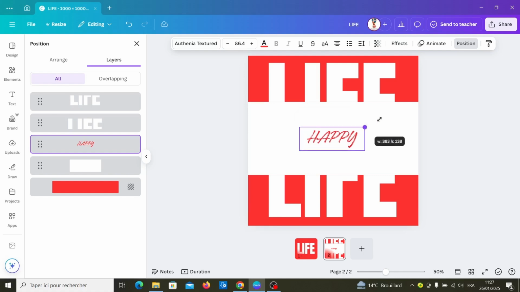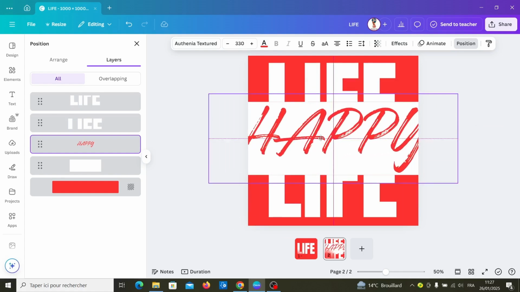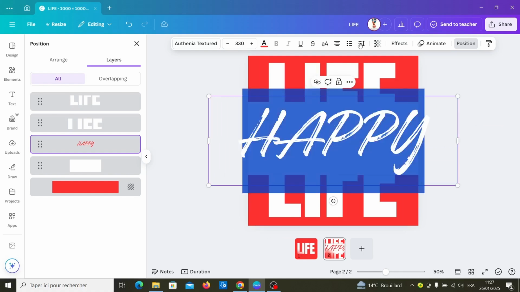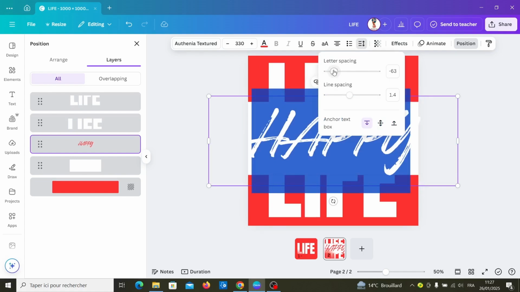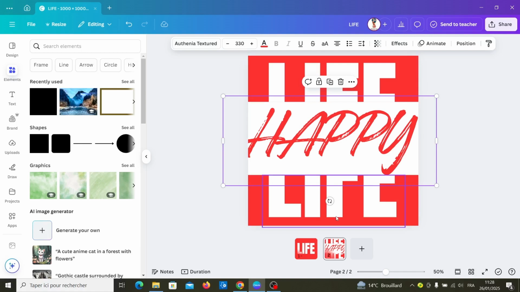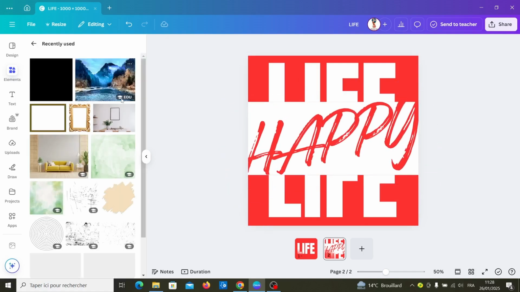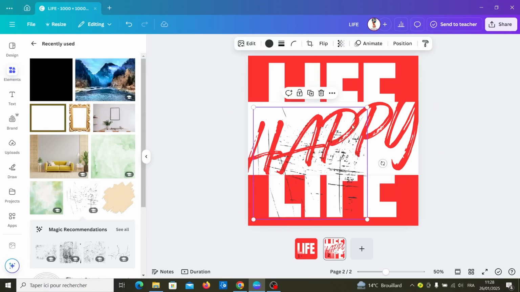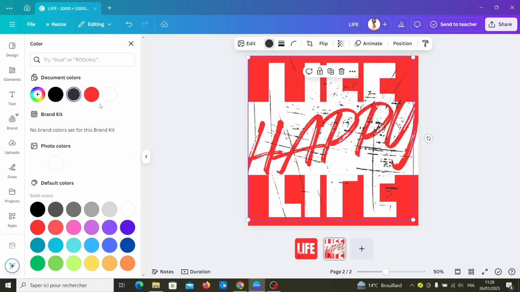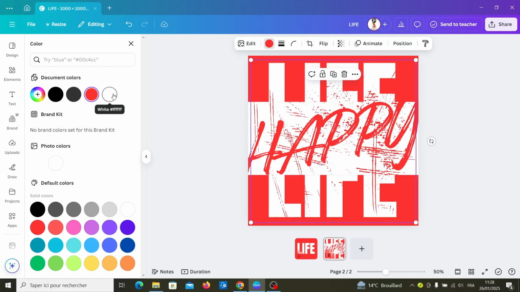And resize up font. Then reduce letter spacing for a little bit. And resize and add some scratch effect and change the color to the red color. You can duplicate it and change the second to the white color also,